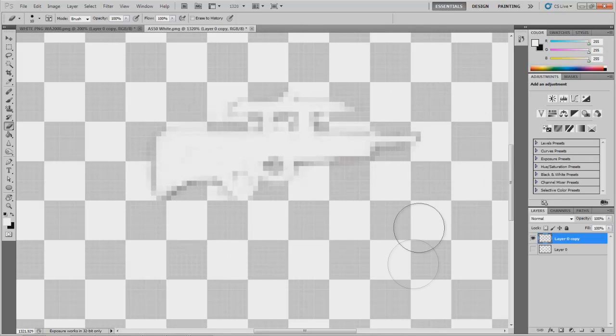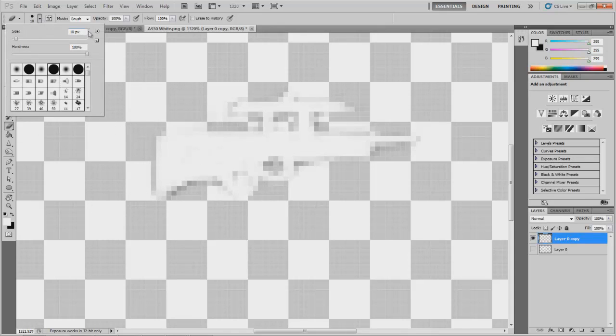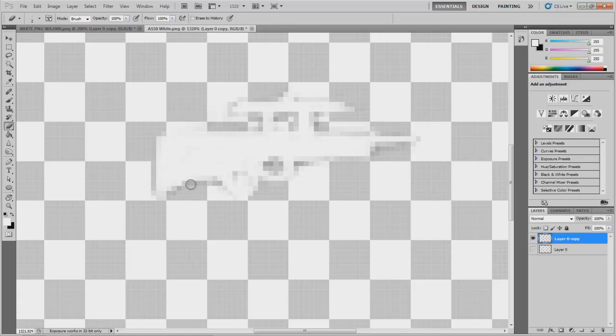I'm erasing. It doesn't look like I'm erasing anything, but there are small pixels that you can hardly see. Also, I would drag this along the side of the gun a little bit. Now be careful, if you go like this, obviously not good, just Control Z and fix it. Very easy fix. So I'm going to continue getting these black and gray pixels out, continue fixing the shape of